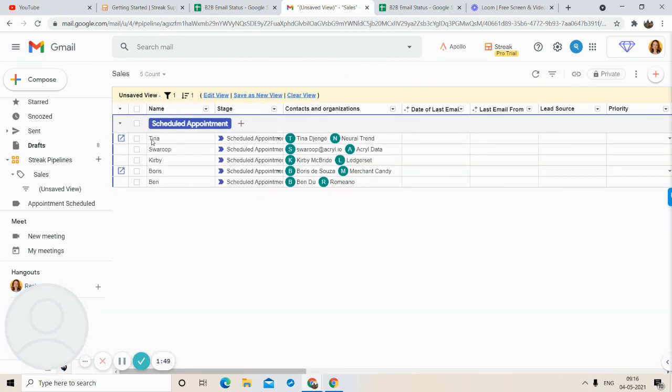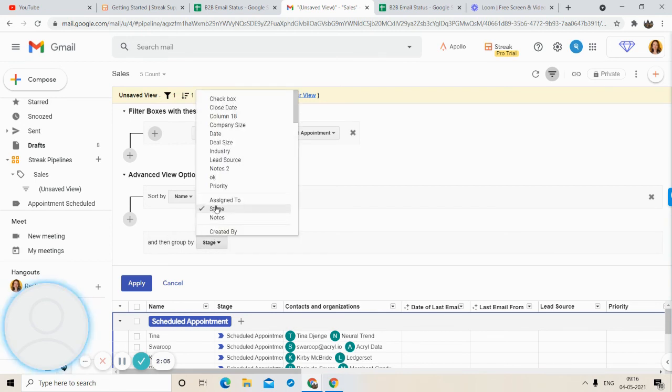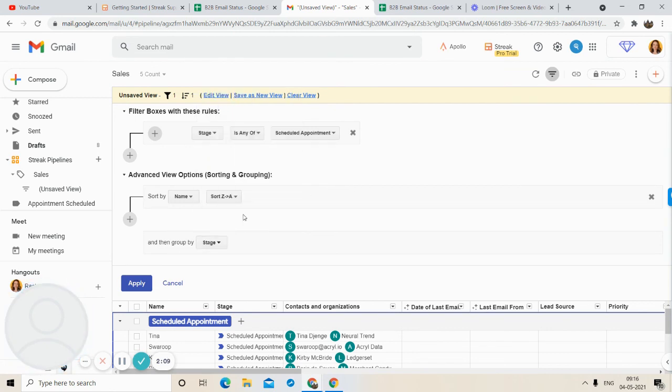As you can see, P, S, K, B, O, B. It started in descending order from Z to A. So we sorted this. These are the two functions that I wanted to talk about, and you can also group depending upon the stage, right? These are the options that you have available, which you are free to use.